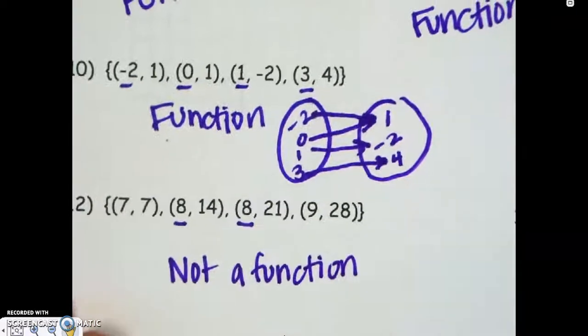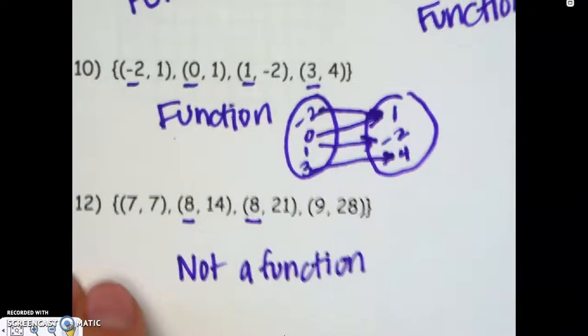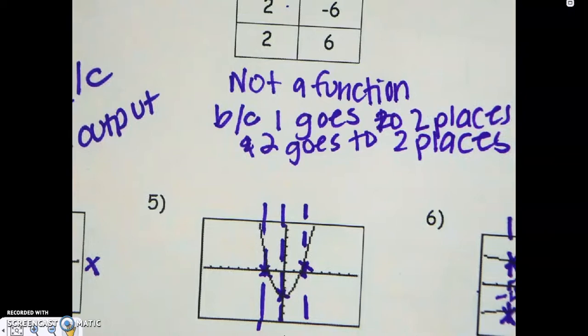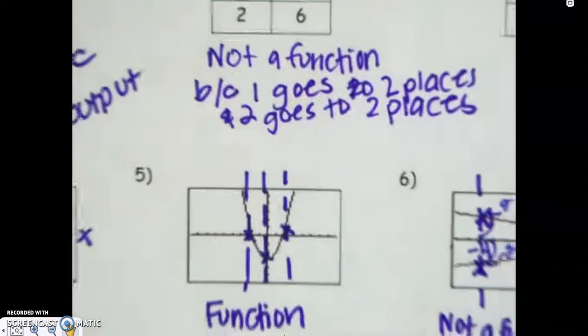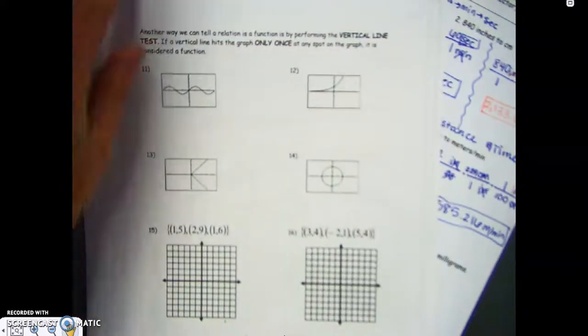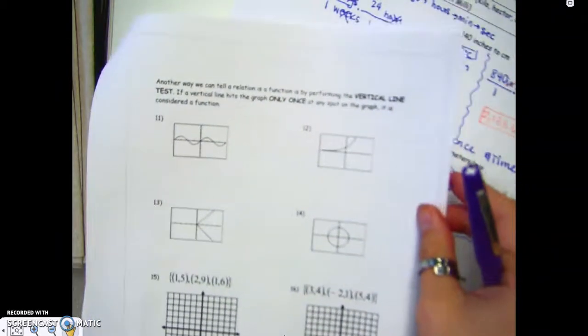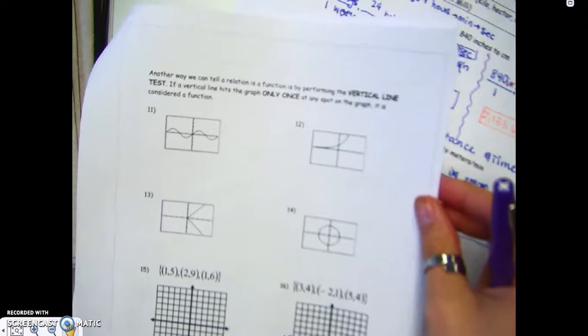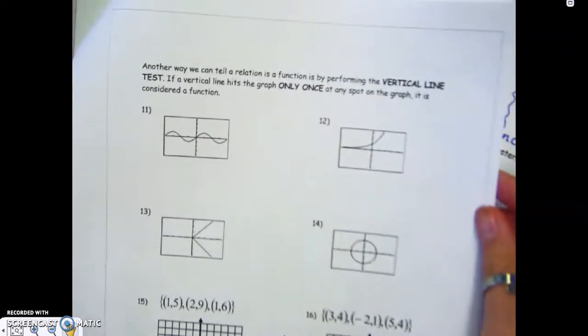Okay. So we kind of ran through all of the situations here where you have tables, graphs, mapping diagrams, and relations or coordinate points. Okay, so your practice is really just identifying if something is a function or not in all different forms. Okay, so as we kind of talked about before, we can use that vertical line test. So I'm going to go through a couple more examples of vertical line tests to tell if it's a function or not. So in number 11,